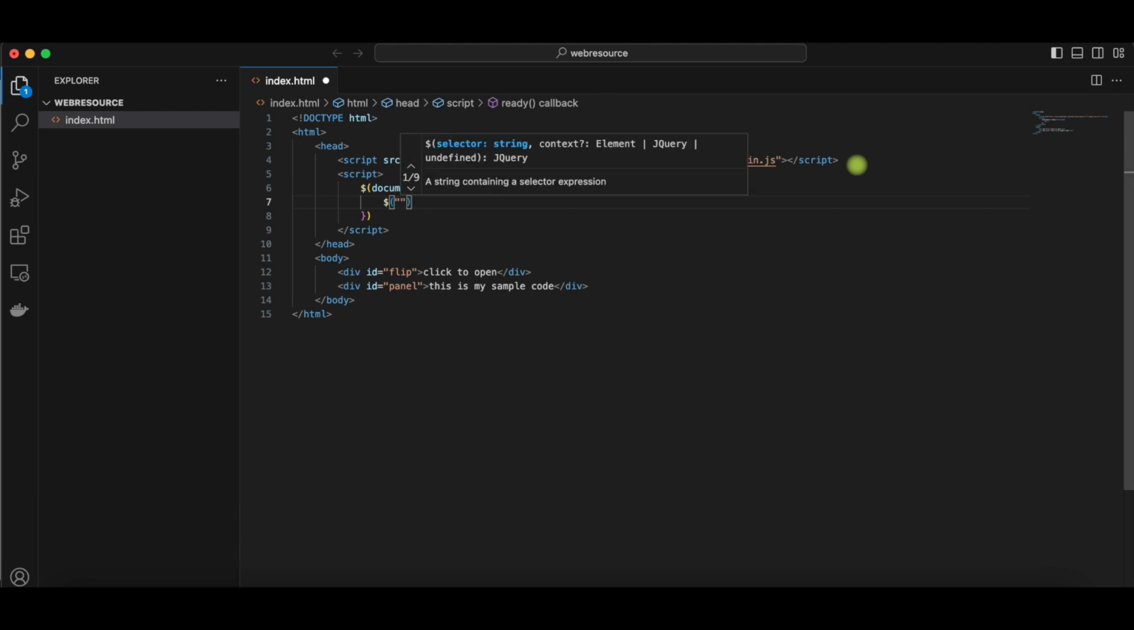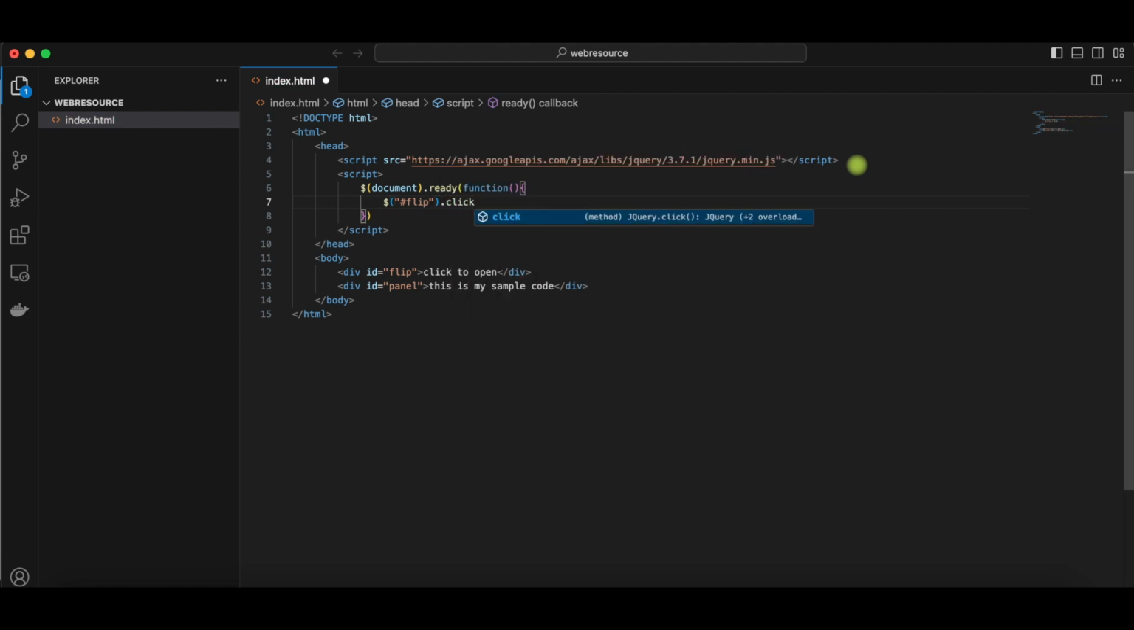Will refer to the flip ID, and we'll attach a click function to this. So as soon as someone clicks on the flip ID, it will basically open the panel and start the animation over there. So function